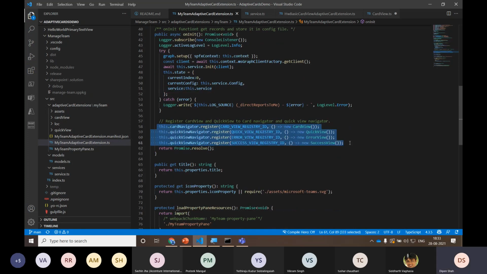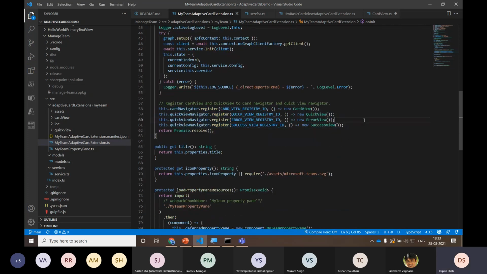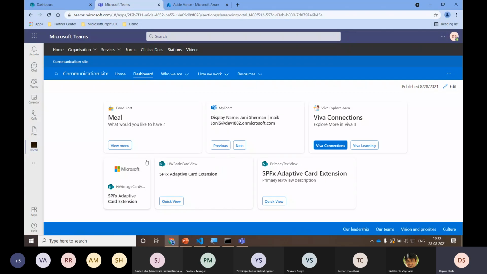The register part of each view: first is the card view, quick view, error view, and success view. So what are the error view and success view? When I click on generate error, I have just put this button to understand how we can traverse the different views on a particular card based on certain actions.